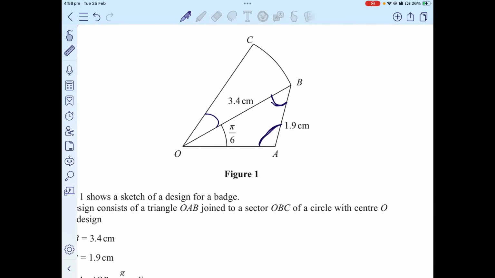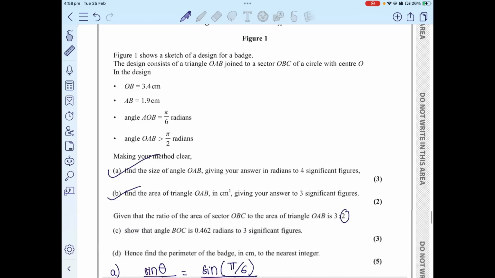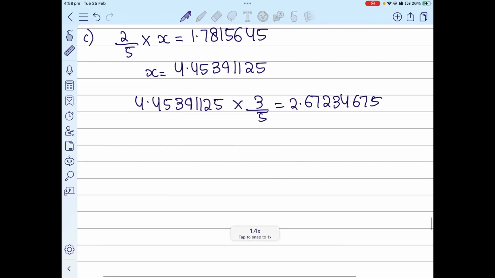BOC. And I also know it says that the design consists of a triangle. This is a sector of a circle, that is BOC is a sector. So OC would be 3.4. So to define the area, I would do half r squared theta. Half into the value of r squared, which is 3.4 squared, into the value of theta that we are trying to find is